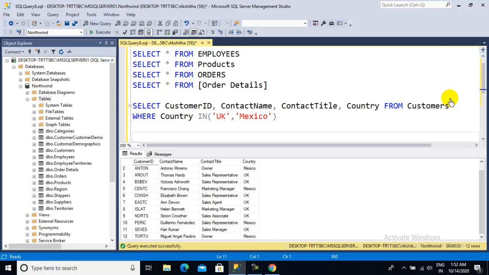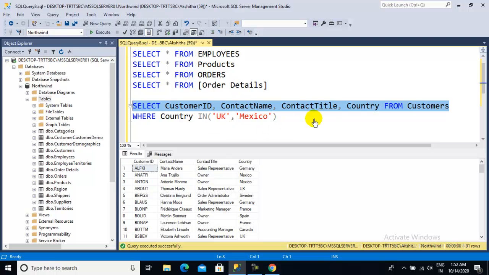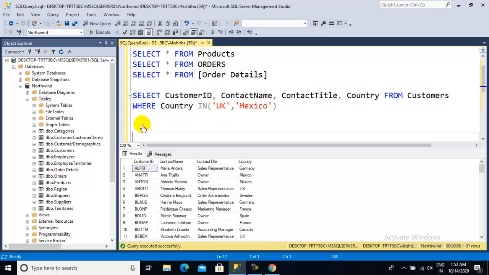Okay, so now this is the command we already know, right? Select star from customer, we are getting all the information from the customer table. And one more command is... for example, I want to only list out, see what I am trying to do here.